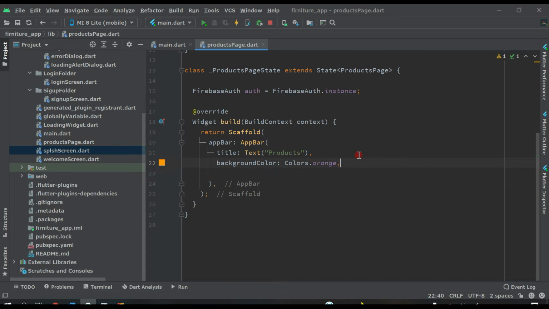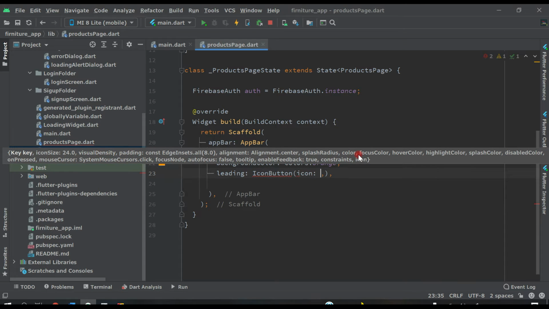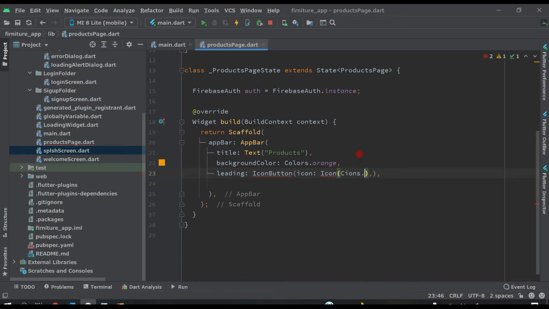First of all, after this background color, leading, and leading will be an icon button. After this icon button we have to add icon, and icon again Icons dot refresh, and the color of this icon will be white.